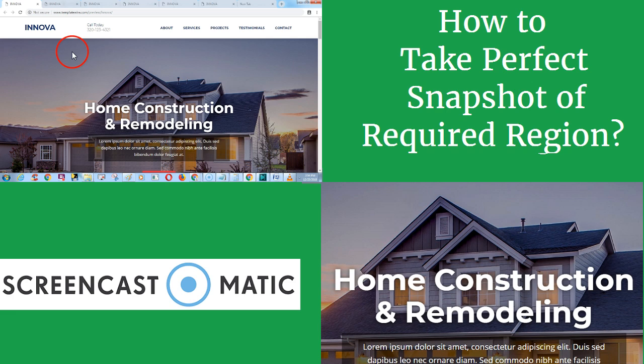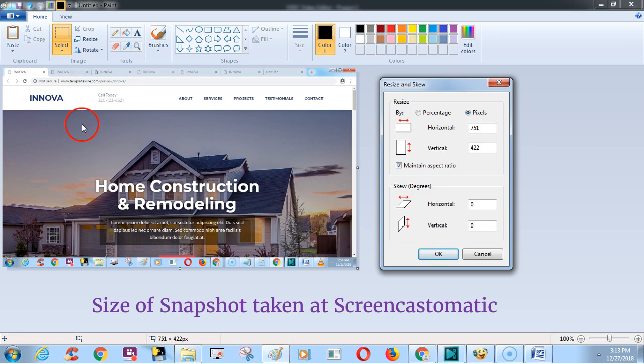In this video we are going to see how to take a perfect snapshot of a required region in Screencast-O-Matic. In Screencast-O-Matic, the snapshot taken will generally be a size of 750 by 400 for that particular second of